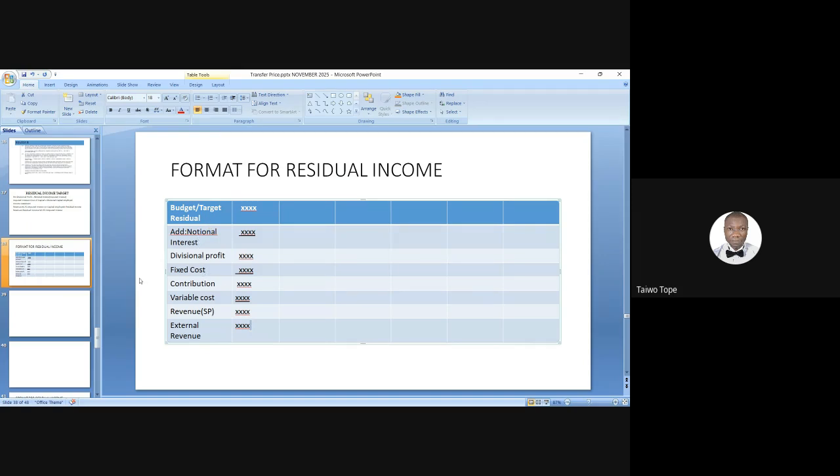That is the revenue you get when you sell to the internal division. Please, in your book, you can put less external. So once you less, you have the revenue for the internal division. This overall revenue, for you to know the selling price, the transfer price for one unit,